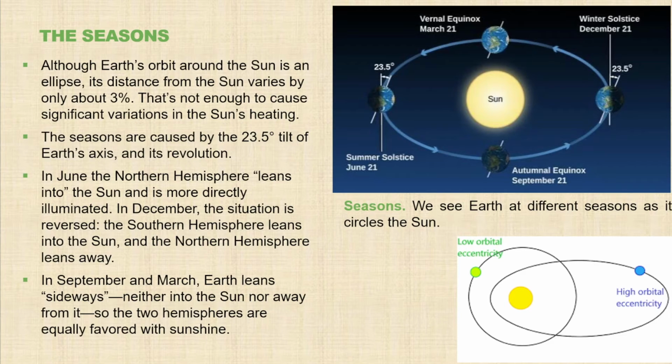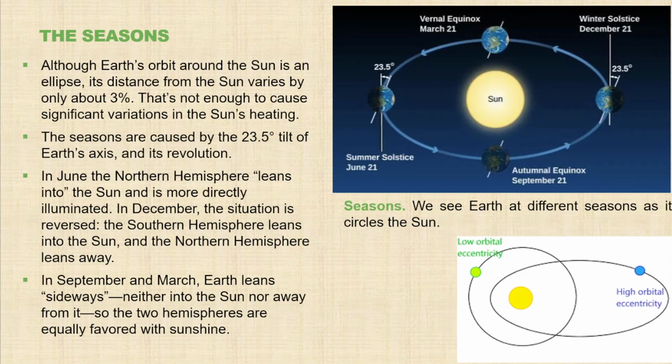But then what causes the seasons? What causes the temperature variation is the tilt. That 23.5 degree tilt of Earth's rotation axis with the plane. And so how does that affect? Well, that,